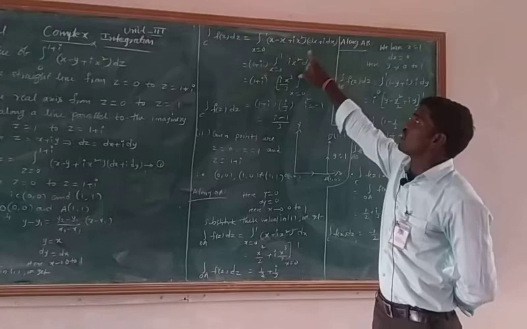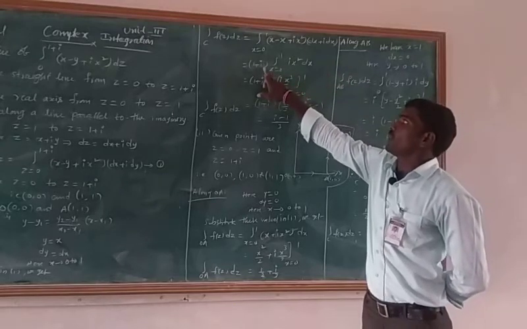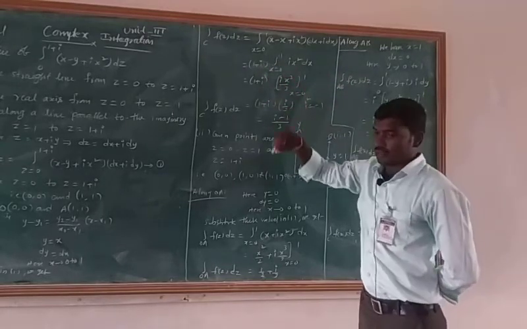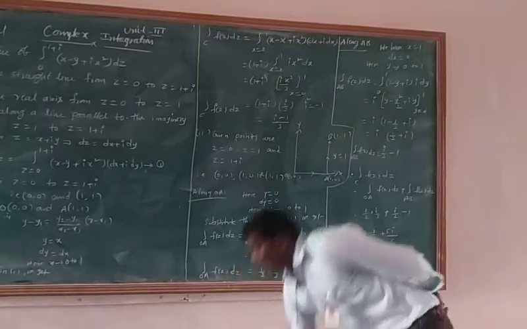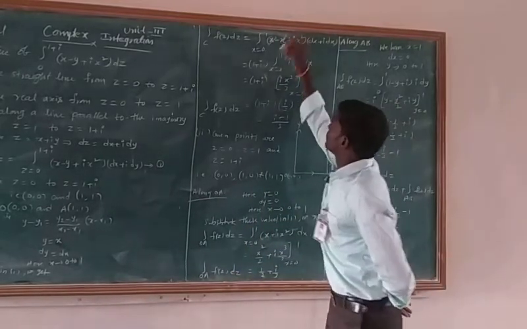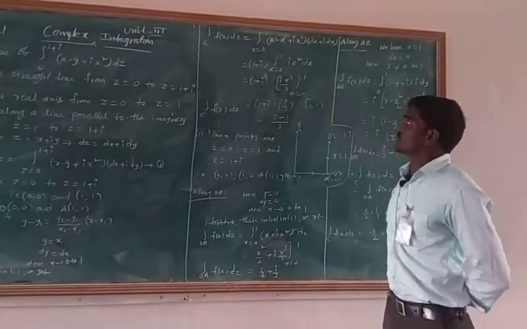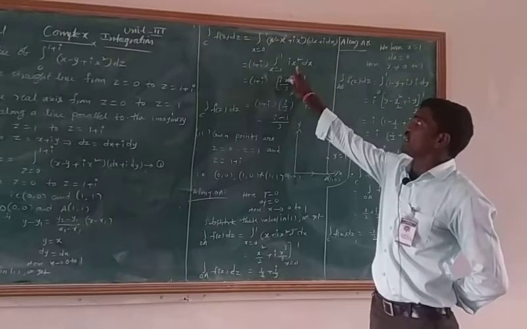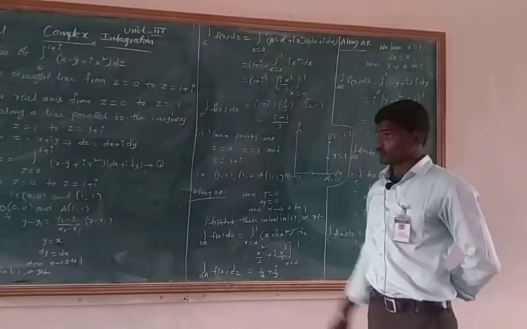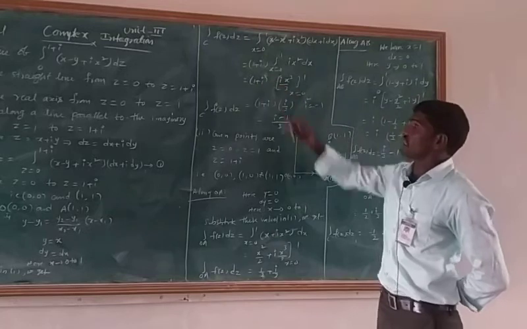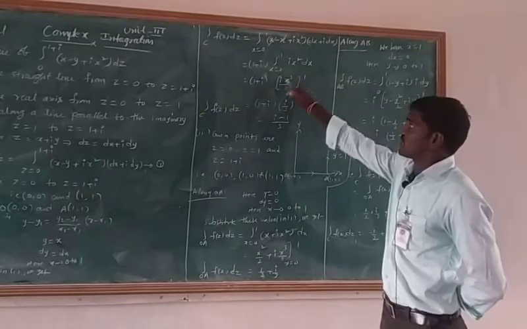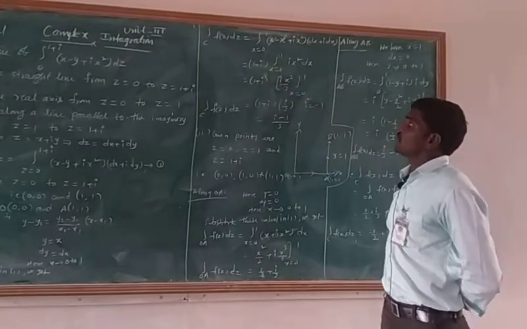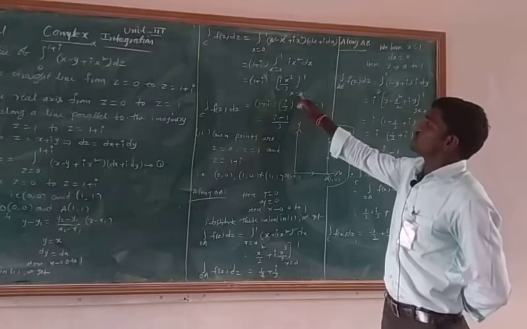We can note down this constant value, 1 plus i, in front of the integral. x minus x is cancelled. The remaining term equals (1 minus x square) dx. Finally, integrate this result with respect to x. That equals (1 plus i) times the integral of x square dx, which is i times x cubed by 3. Here x varies from 0 to 1.